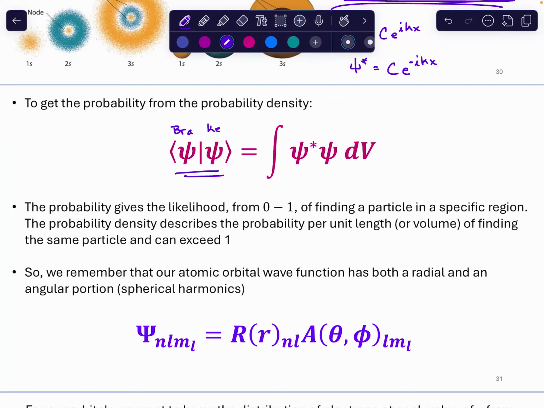Whenever you see this, it represents an integral. The bra facing to the left is going to be your complex conjugate. The ket facing to the right is going to be your standard wave function. And this represents the integral you see here. At some point, for example, in quantum mechanics, you may see